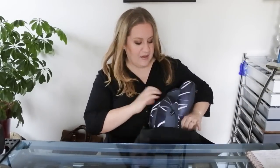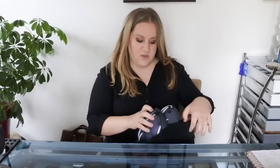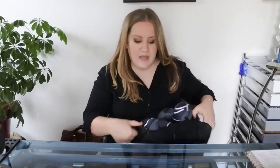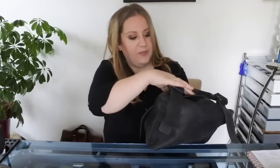So this black bag also is really nice because when I get to my destination, I can use it as my walk around town bag. I normally don't like carrying a huge bag with me when I get where I have to go. I'll just figure this out later. Okay, this one is just a really nice bag, even though I'm struggling right now